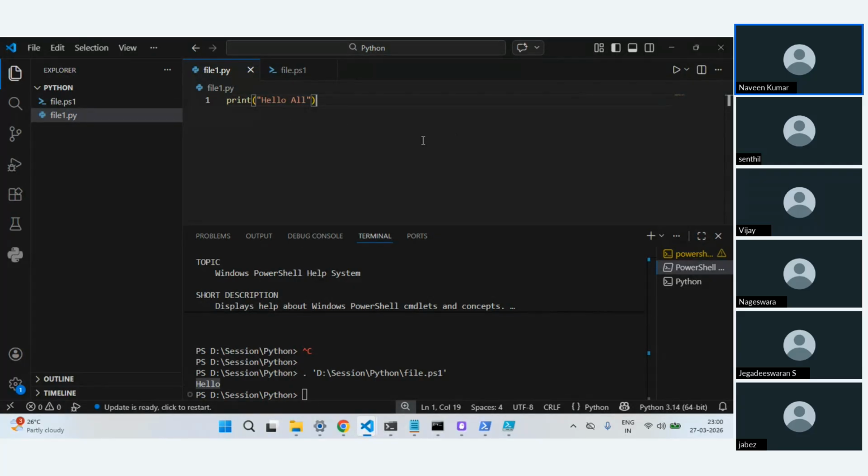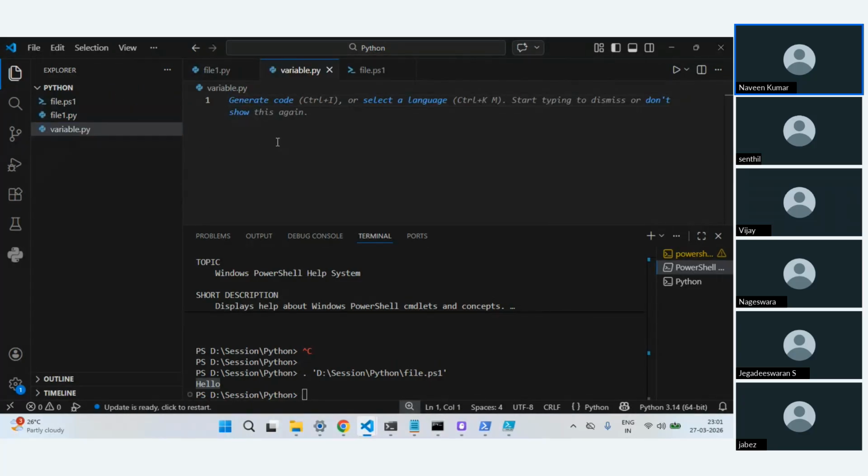If you take any programming language, these are the standard things which you learn: variables, how you can assign something, what data types are supported, what different data structures it supports, and then comes the last part, which is the loops and other things. Okay, so in Python we'll see how you can deal with variables. I'll just say variable.py.